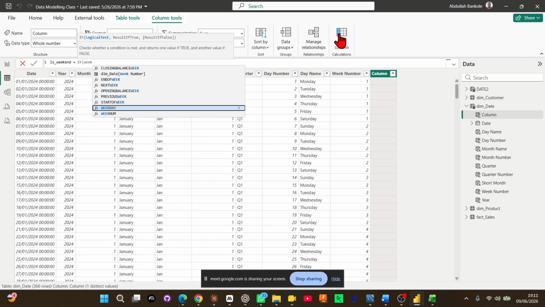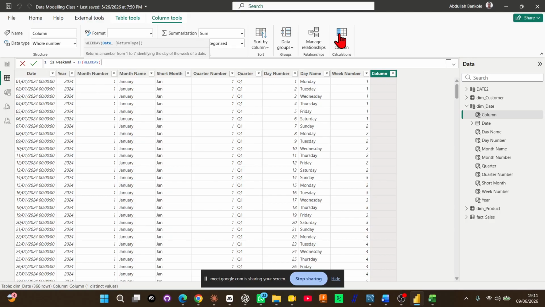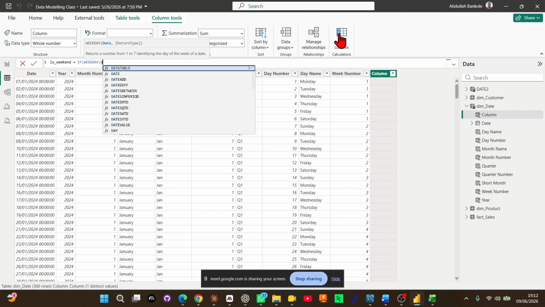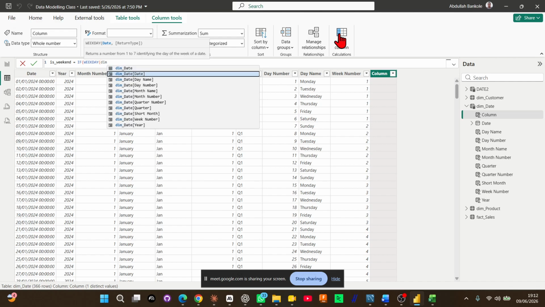The weekday. So the weekday column returns a number from 1 to 7. Are you following? Weekday returns a number from 1 to 7, starting from Monday. Monday is 1, 6 and 7 is the weekend. Are you following? So if you put it like this, that weekday, what is the weekday? The weekday, then what is the date? Then date,